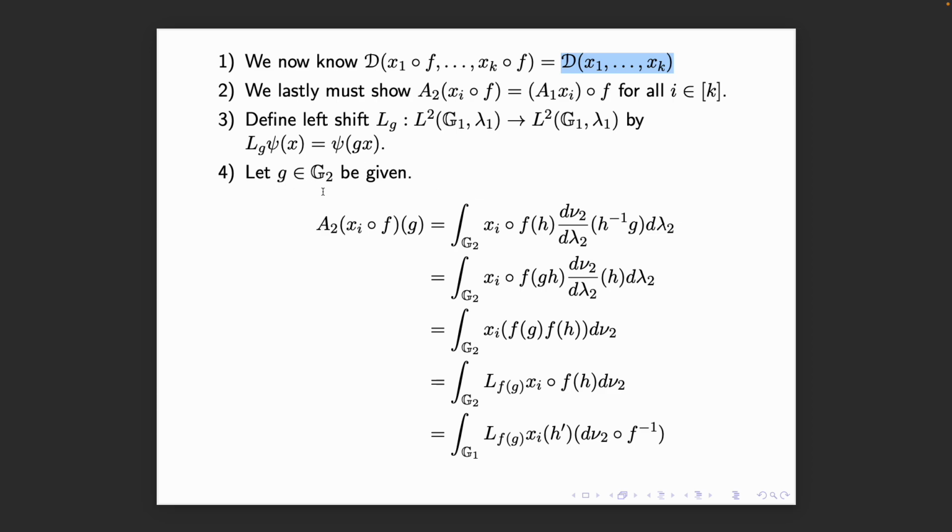Pick any element g in G. We're going to look at A2 of xi composed with f, at g. So this is really just a lot of integrating and changing variables. I said that the only really important part, I'll just go through it. So we start with the convolution of xi composed with f of h multiplied,